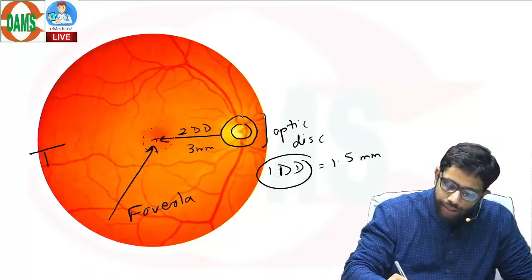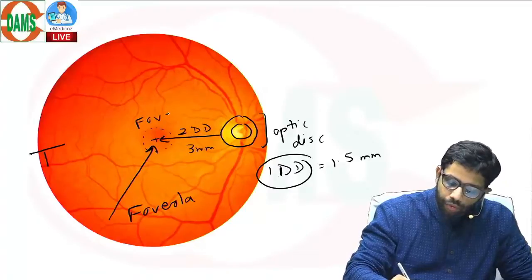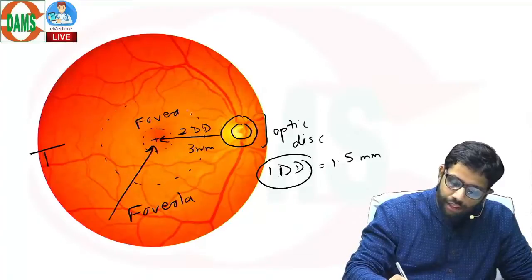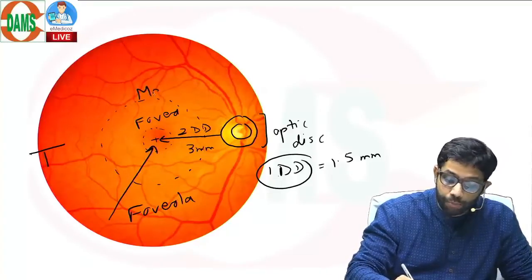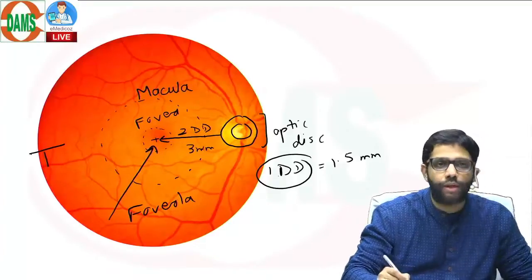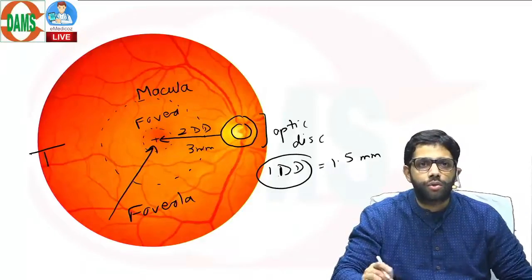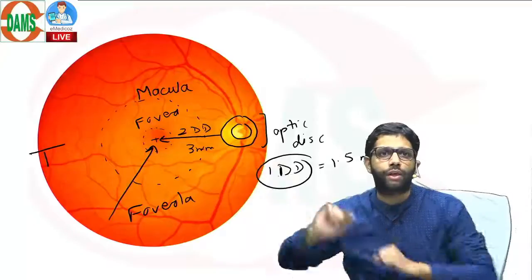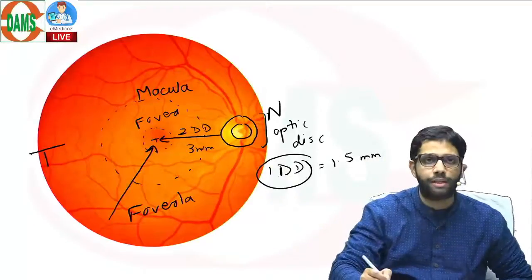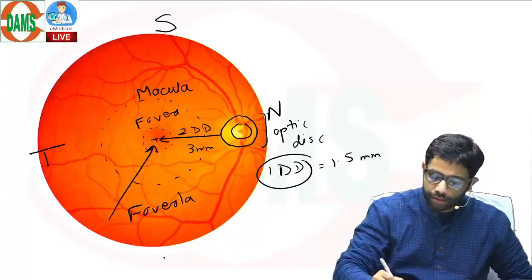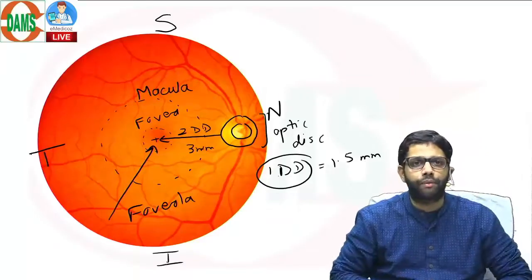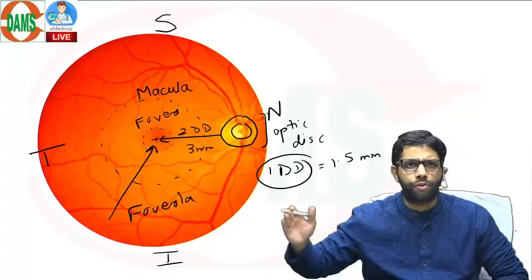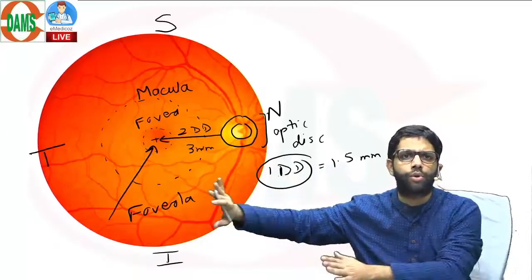Surrounding the foveola there is an imaginary space, fovea, and surrounding the fovea there is another imaginary space that is known as the posterior pole. We also call it macula. You see, foveola, fovea, macula are all in the temporal part of the retina. So optic disc is in the nasal part. This is the superior retina. This is the inferior retina. That's the basic structure of a retina. Fovea, foveola, macula are all in the temporal part of the retina.